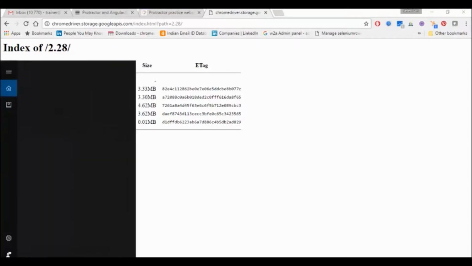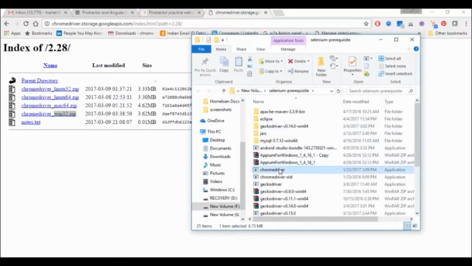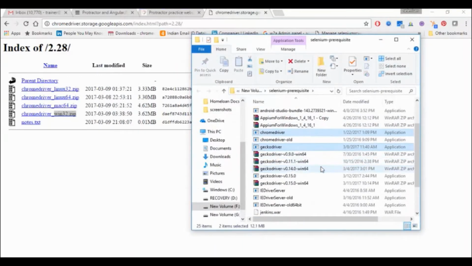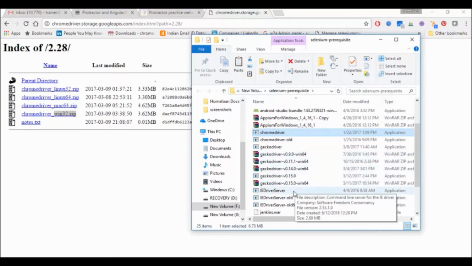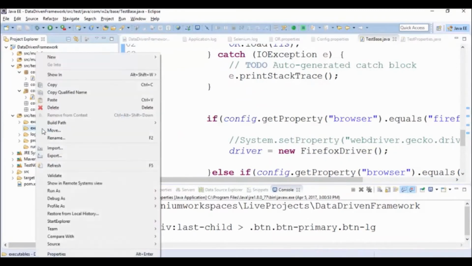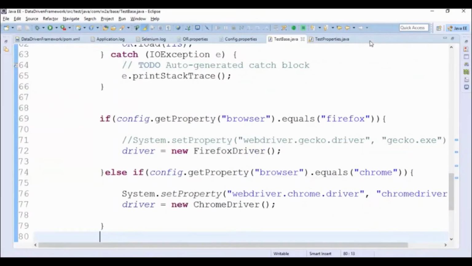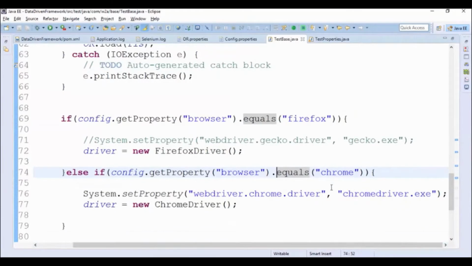So once you download it, I've already downloaded this and I've kept it over here. So this is the Chrome driver, this is Gecko driver, and this is IE driver. So I'll just copy these files, and we have created a package under resources called executables. So I'm going to paste all the executables over here, right? So that they come inside the project itself, and